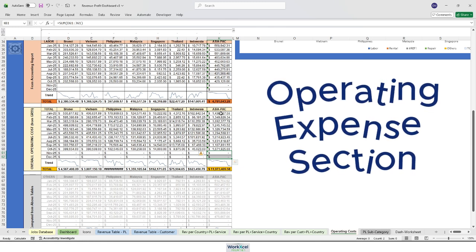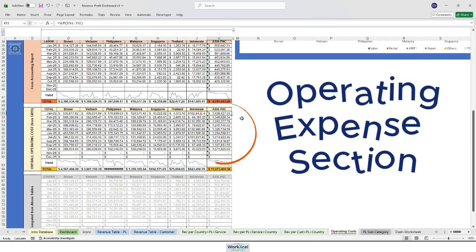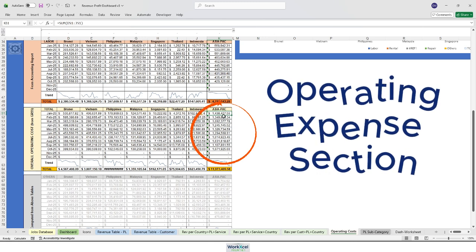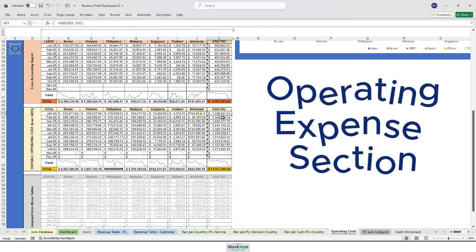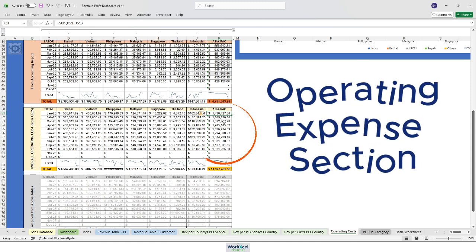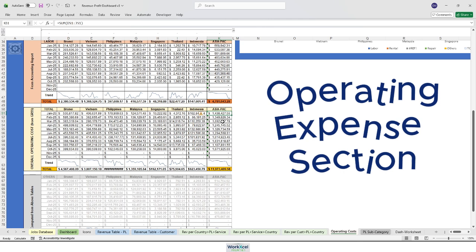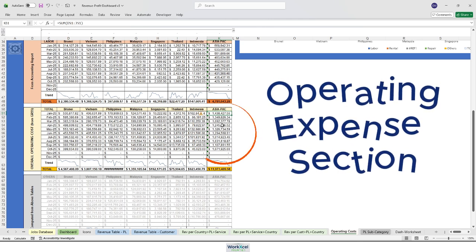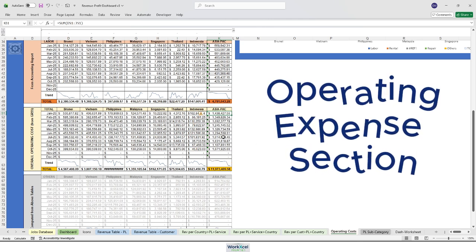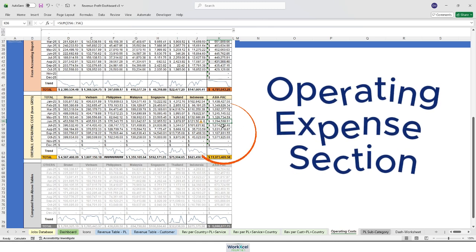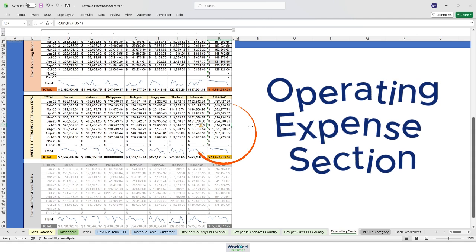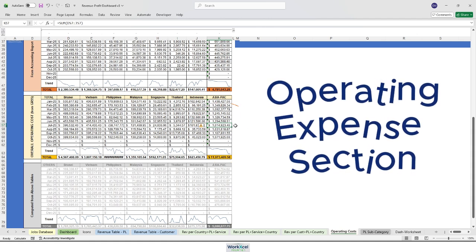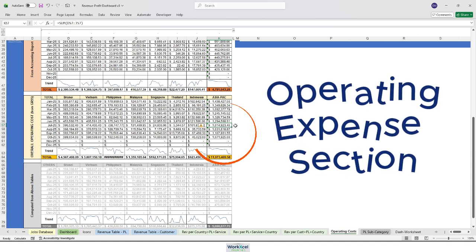As you can see here, in January, total operating expense was 1.4 million. In February, it's 1.3 million. In March, 1.1 million. April, 1.2, so on and so forth. Between June and July, there's a noticeable decrease in the operating expense by almost 300,000, and there's a very good